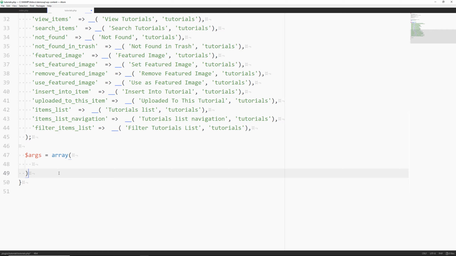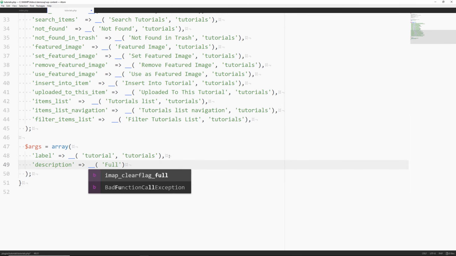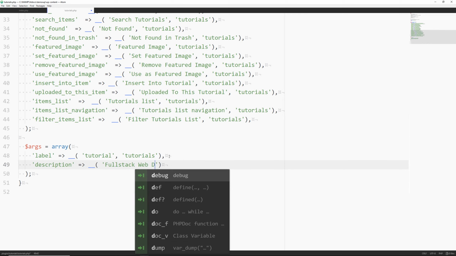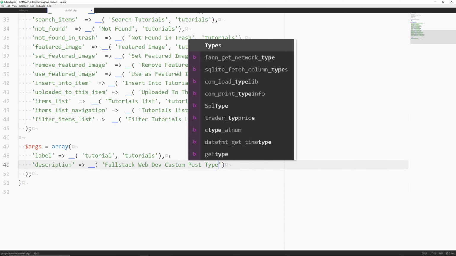Put the semicolon there. And then over here, what we're going to do is say label, tutorial, then the text domain, and then go down here and type out description, and then I'll say full stack, or just tutorials.